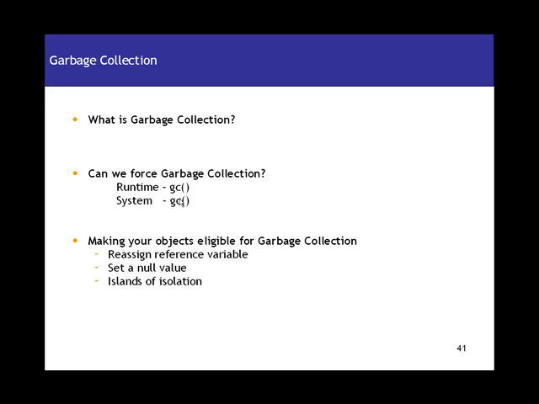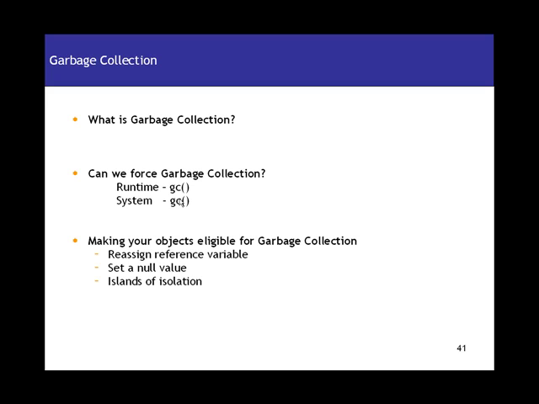So what is the cleanup option you have when the garbage collector is run? Let's say you've created some objects in your program, and it's time for garbage collection, and you have not yet closed all your connections or cleared up some of the things. So where can you do that? You can do that in the finalize method. So in your class you can write a finalize method where you can put all your